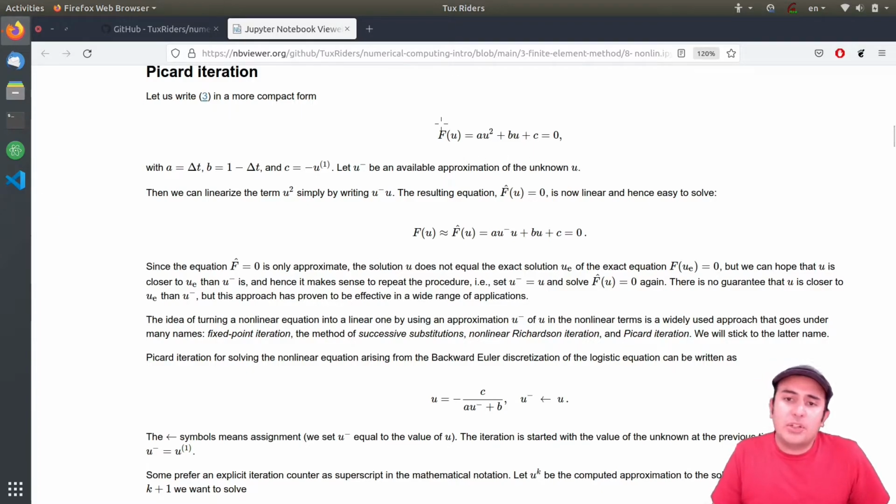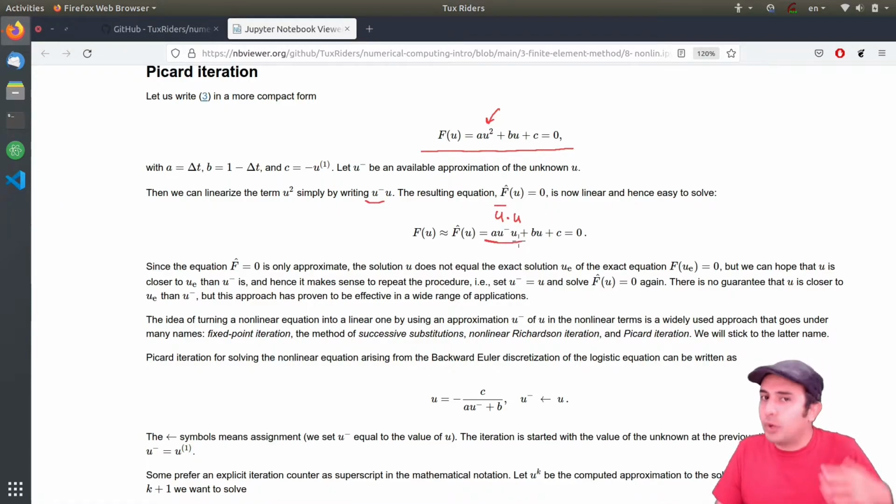So for the functions, for example, a nonlinear function like this, this is actually the nonlinear part. In the Picard iteration, in the Picard technique, we define an intermediate u, another value of u, and then we rewrite the equation to something like this. So instead of having u multiplied by itself, we multiply u by the intermediate one, and we update this intermediate one iteratively. So we start with an initial guess for this one, then we solve the system, approximate a solution,